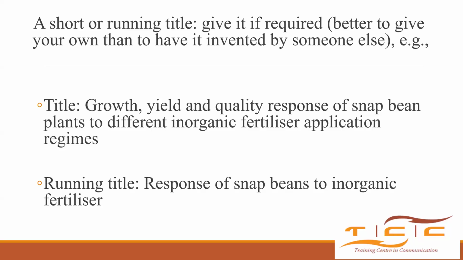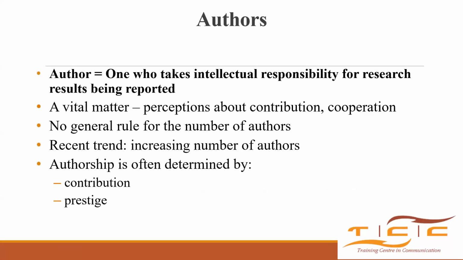The reason I'm bringing this up is sometimes you are submitting to a journal and they ask you for a running title. One, you don't know what it is, or you fail to provide it, and then they truncate based on their own knowledge. They will just truncate and put something there. So they might end up putting a very wrong running title. So if they ask you for a running title, just summarize your title and give them something to work with so that they don't put theirs.